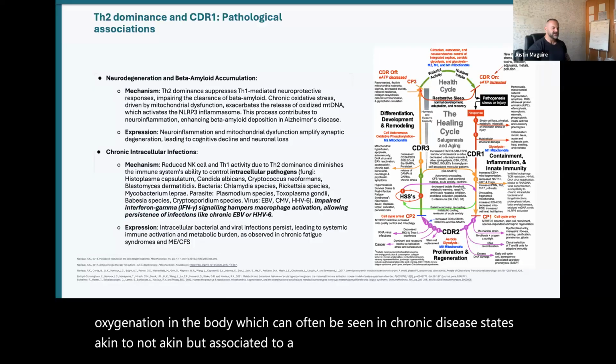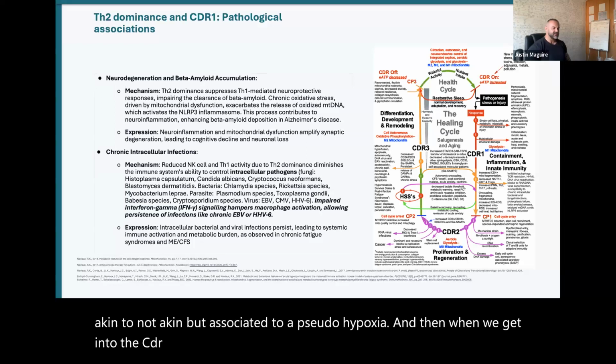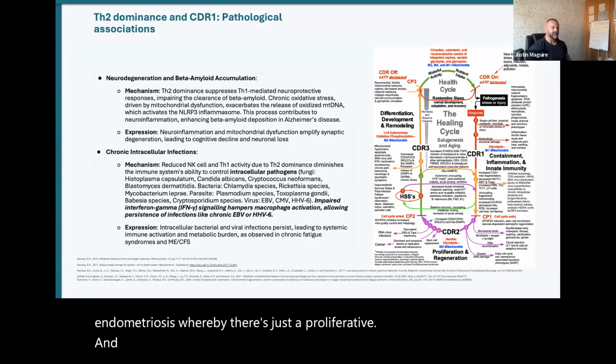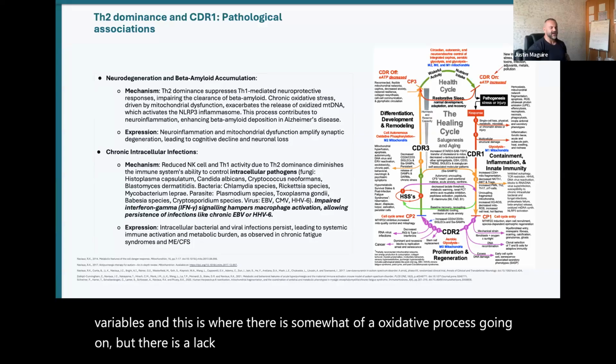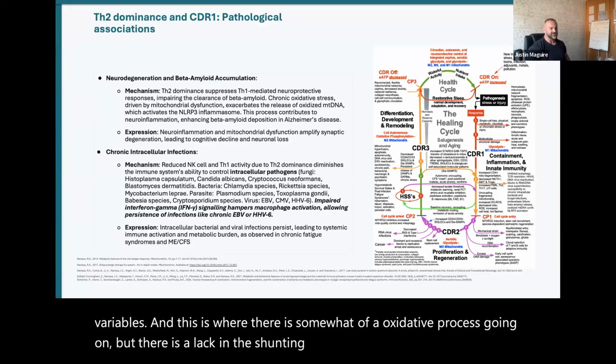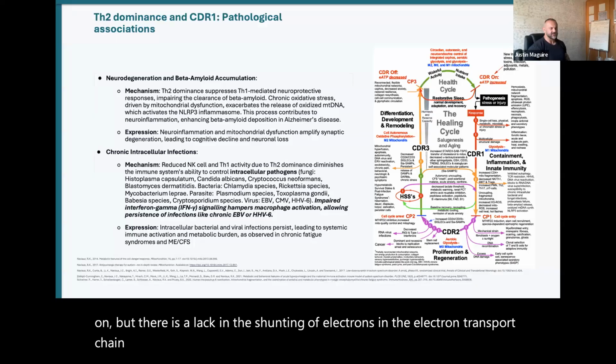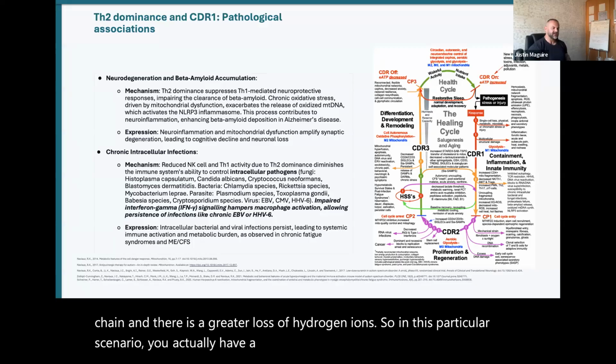And then when we get into the CDR2 state, this has often been associated with variables such as endometriosis, whereby there's just a proliferative response in the recovery of cells that have been impacted by former stressor variables. This is where there is somewhat of an oxidative process going on, but there's a lack in the shunting of electrons in the electron transport chain, and there's a greater loss of hydrogen ions. So in this scenario, you have a surplus of inflammation that often downregulates insulin sensitivity and